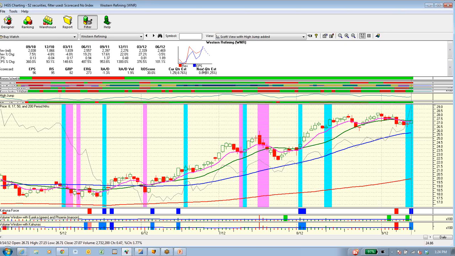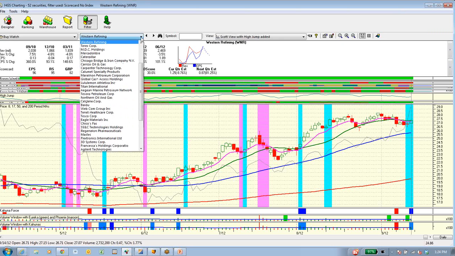The whole group, Tesoro, Valero, HollyFrontier, great place to be in. These that have based for a while might be good times to look at them. A couple other things that I liked.